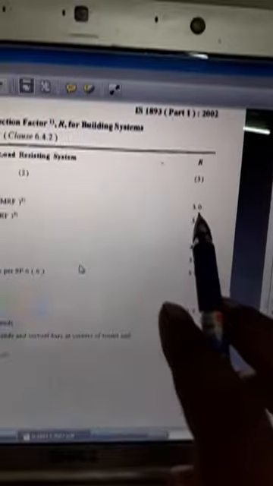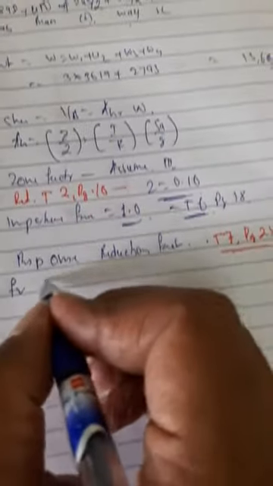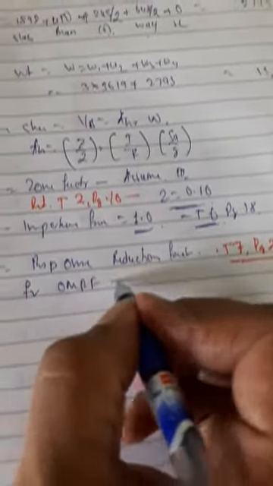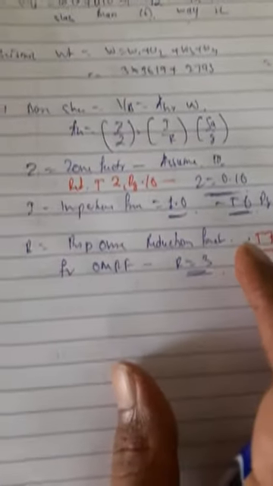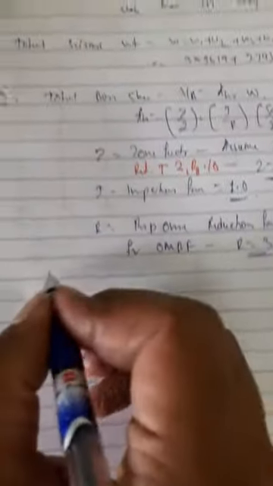Now for response reduction factor, go to page 23, table 7. In the problem it is given as ordinary moment resisting frame, OMRF. So for OMRF, response reduction factor R is 3.0. For OMRF, R is equal to 3. Next, calculate